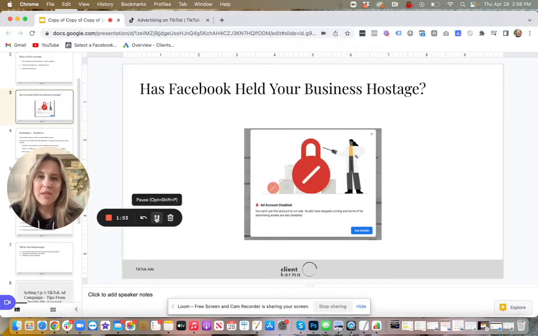So, if you've been advertising on Facebook for any amount of time, or you know someone who has, you may be familiar with this terrible little graphic. Your ad account has been disabled, and the other graphics like it, such as your business manager is disabled, or even you are permanently banned from advertising. I have known a lot of people who've had problems with this. I've experienced ad accounts getting disabled myself as well.